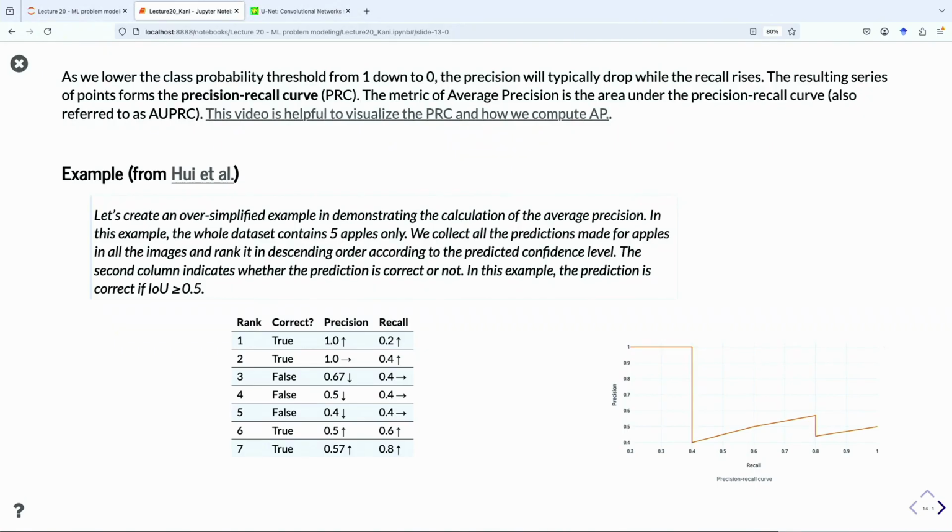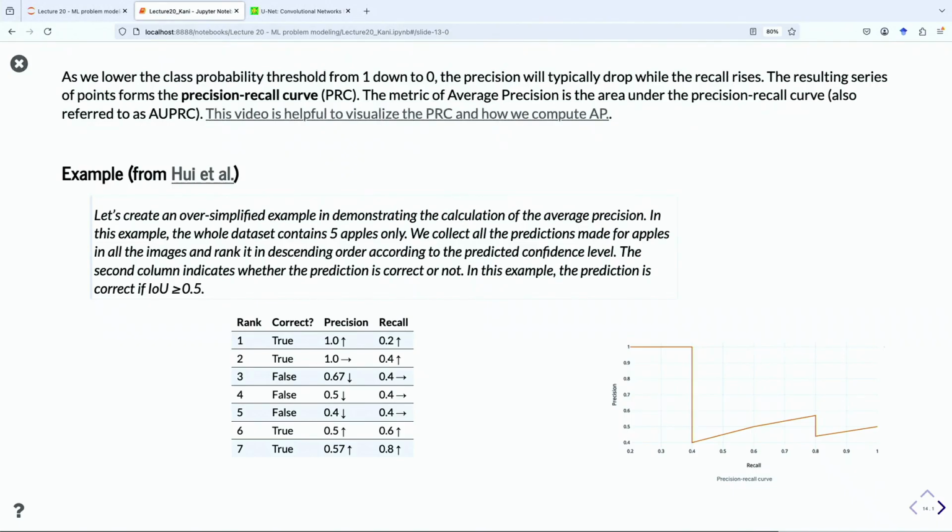But if our precision greatly decreases as our recall increases, then what does this tell us? This tells us that the more values we get, the less likely those values are to be related to a ground truth. And so the area under that curve will be much smaller, so the mean average precision score would be smaller.